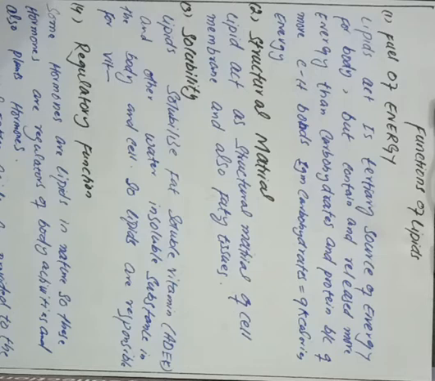Vitamins are of two types: one is water soluble, the other is lipid soluble. Water soluble vitamins are B and C, and fat soluble vitamins are A, D, E, K. These fat soluble vitamins are stabilized and solubilized in our body by lipids, and water soluble vitamins are solubilized by water. So for lipid soluble vitamins, lipids are most important. This is the third function of lipids in our body and in any living organism.